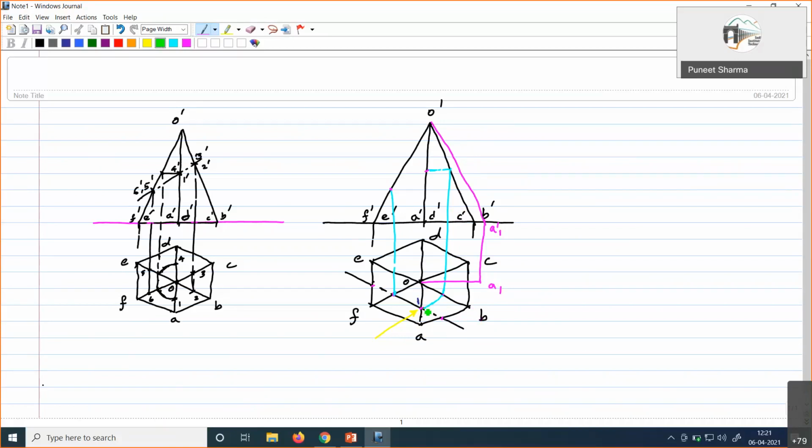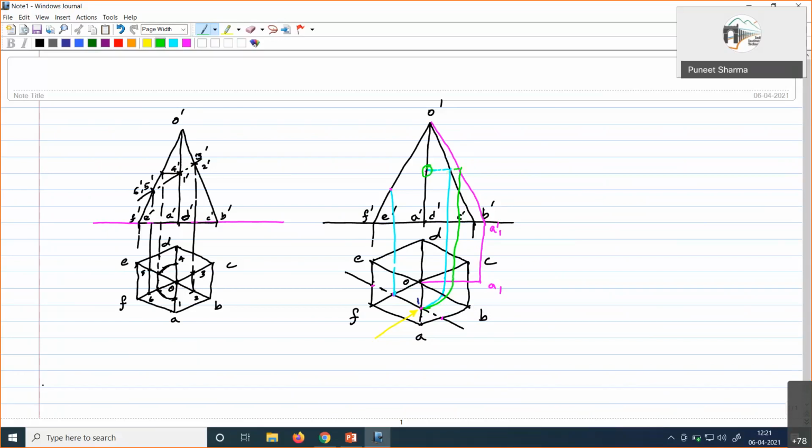This thing actually then will have to be done, that we bring it here, then we go here up to this point and then reach. So like this it will happen. So of course the same point will be located by following either of these two methods. We'll locate the same point, right?